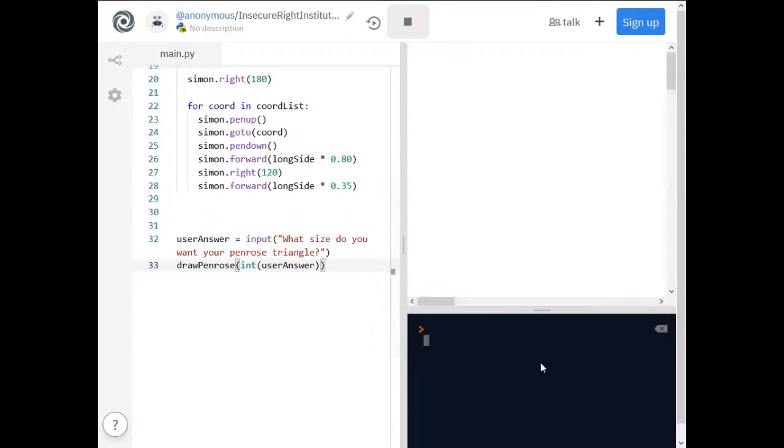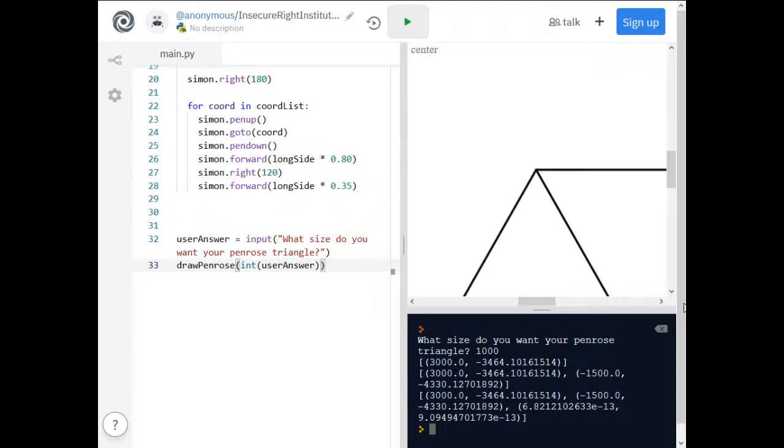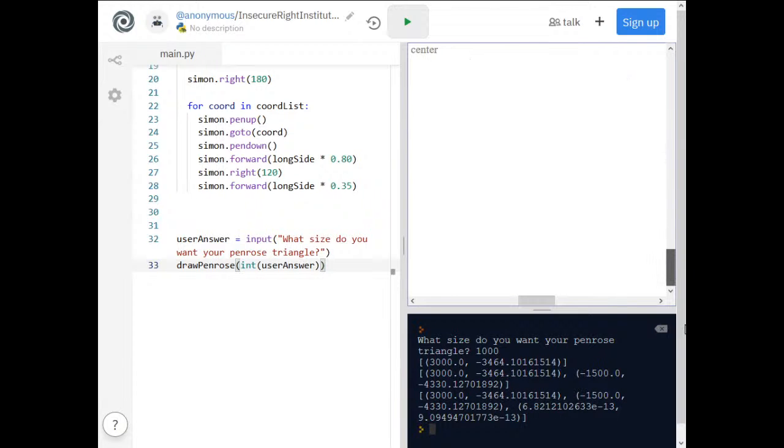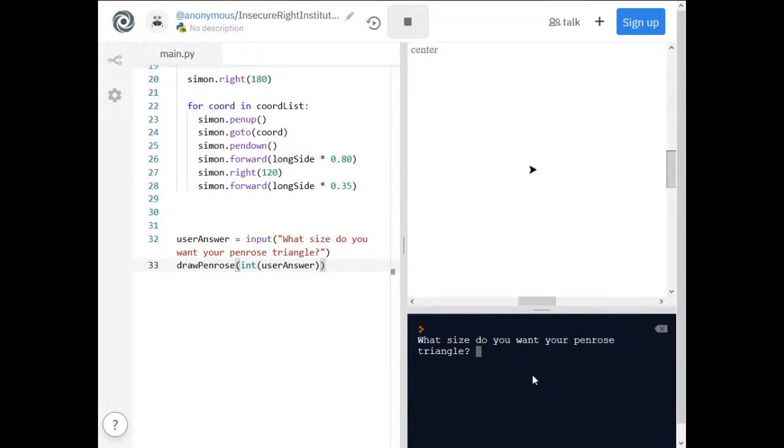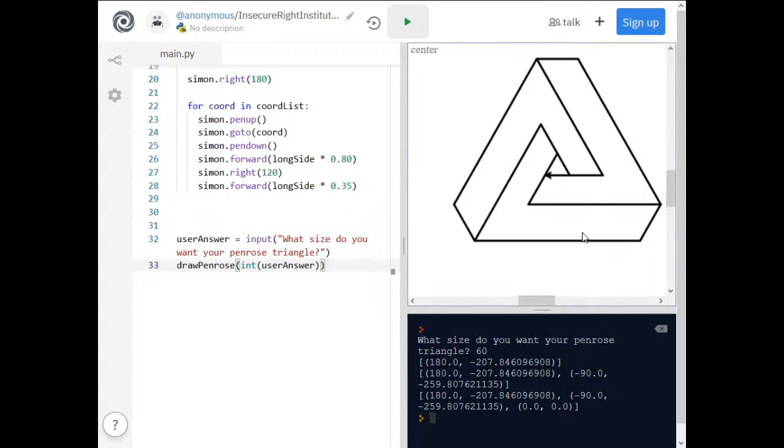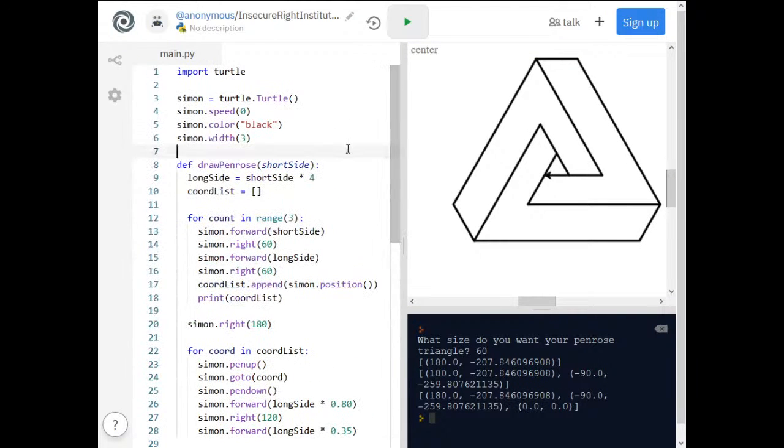And if we run it again, like I say, what size do you want your Penrose triangle? Let's make it something stupid, like, I don't know, 1000. And there we are, it's drawn it for us, although we can't see on the screen. If I run it again, let's choose something sensible. Let's say 60. And there we are, it's drawn it for us. So, I hope that has been a nice, enjoyable little thing to do,